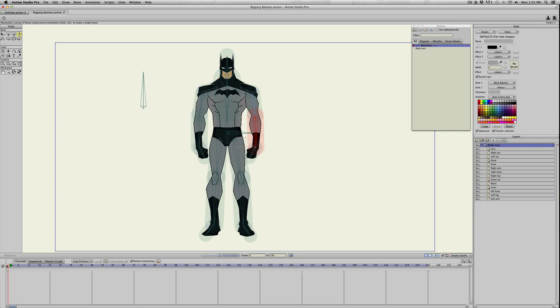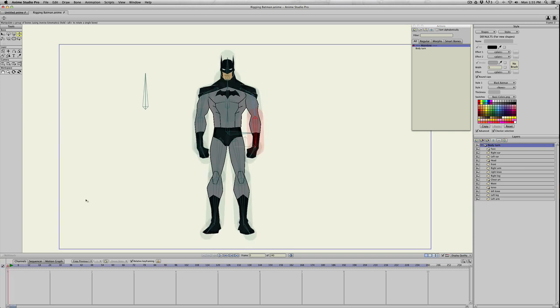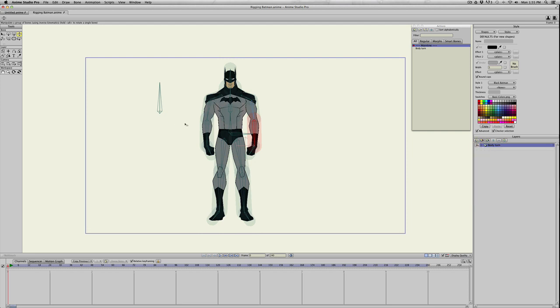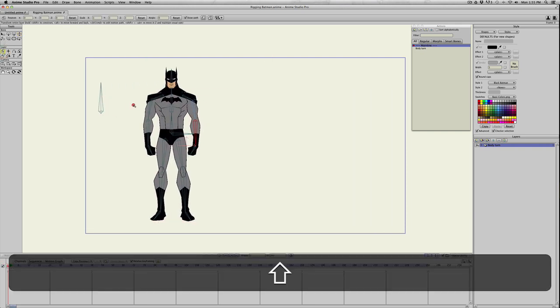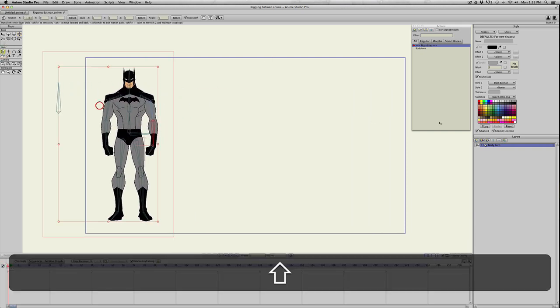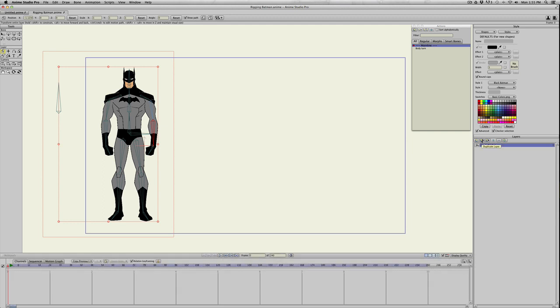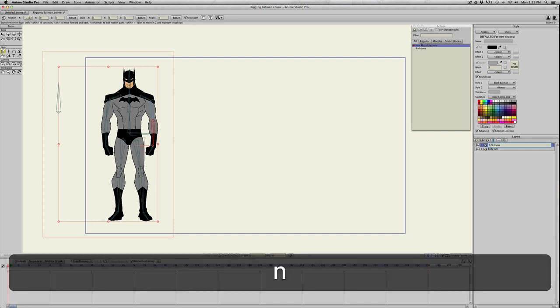FaZe came up with a really good idea. He said, why don't you just take the positions and use those as your starting points for other rigs. So we have our body turn character, and this can be used as our front position. But say we want to make another, like a 3/4 position. I'm going to move Batman over here, and I'm just going to duplicate the entire thing. So I'll call this 3/4 turn rigged,